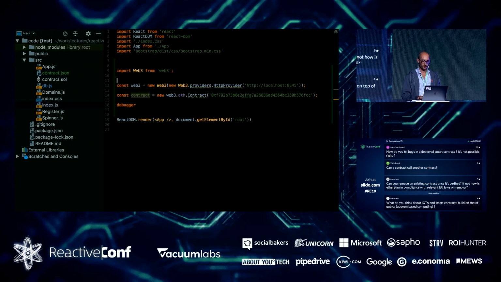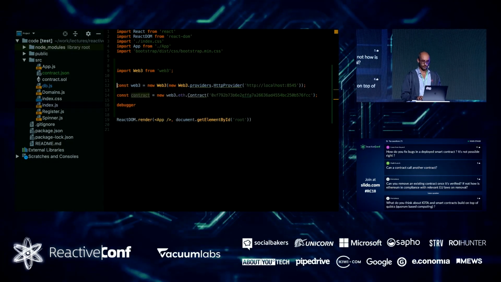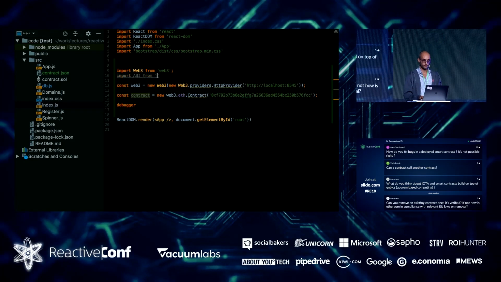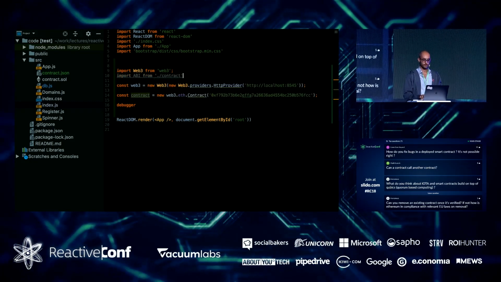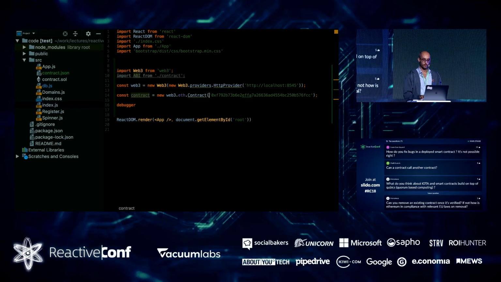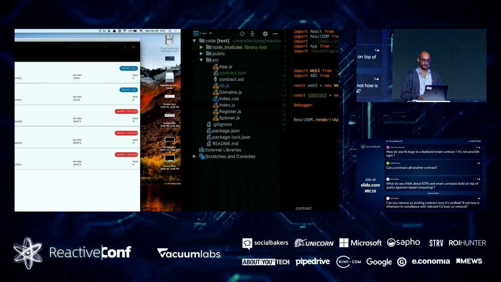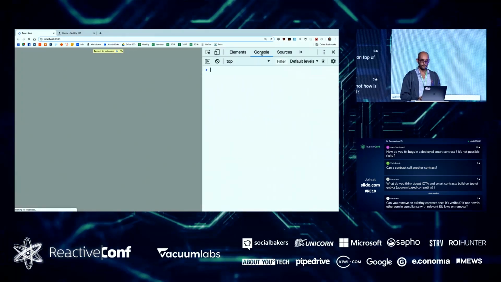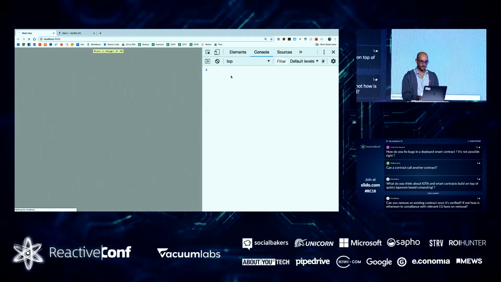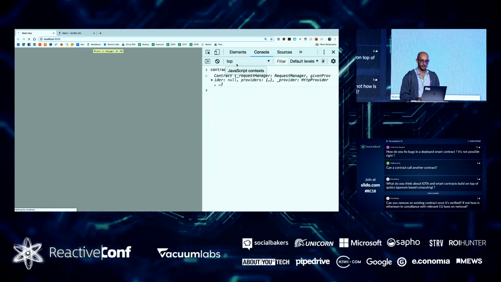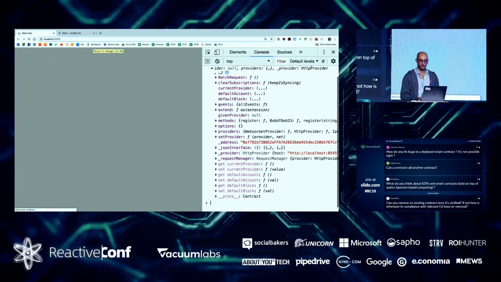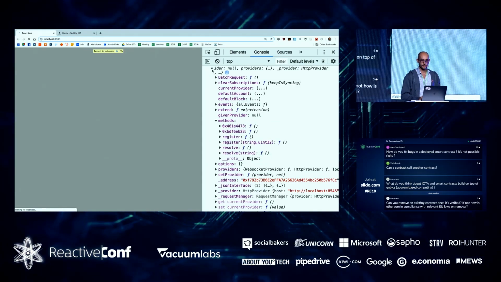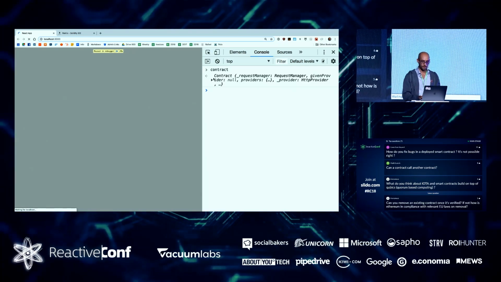So I'm going to import it as well. Import ABI from contract. All right, that's actually the first parameter to the contract creation. And let's run the code and see what happens. OK, no errors so far. Let's take a look inside the contract we created. And we can see here in the methods, we actually see the register and the resolve functions. So maybe we'll just try using them already.